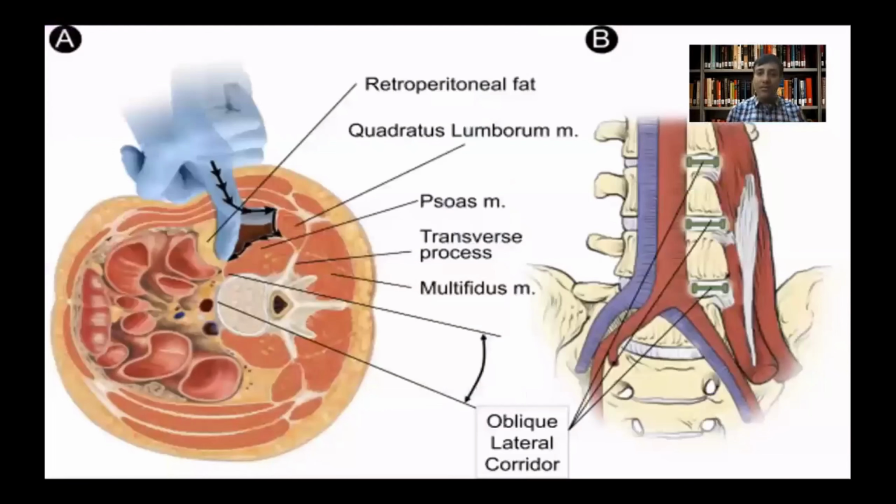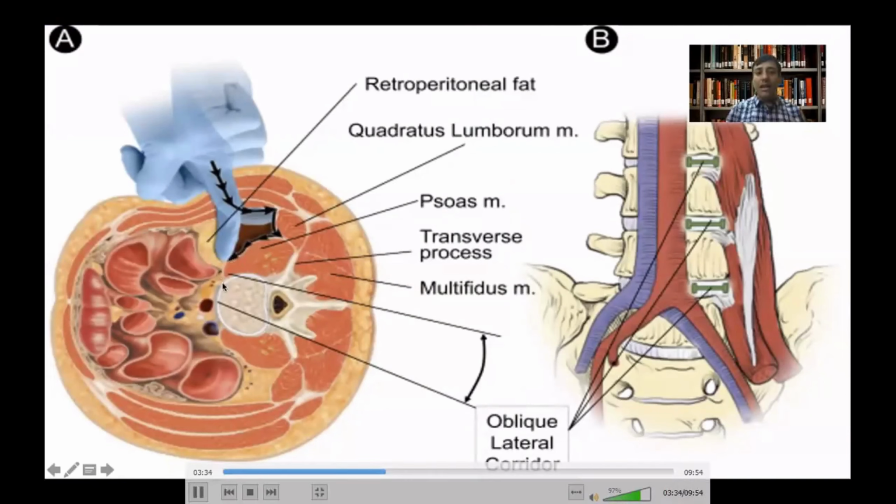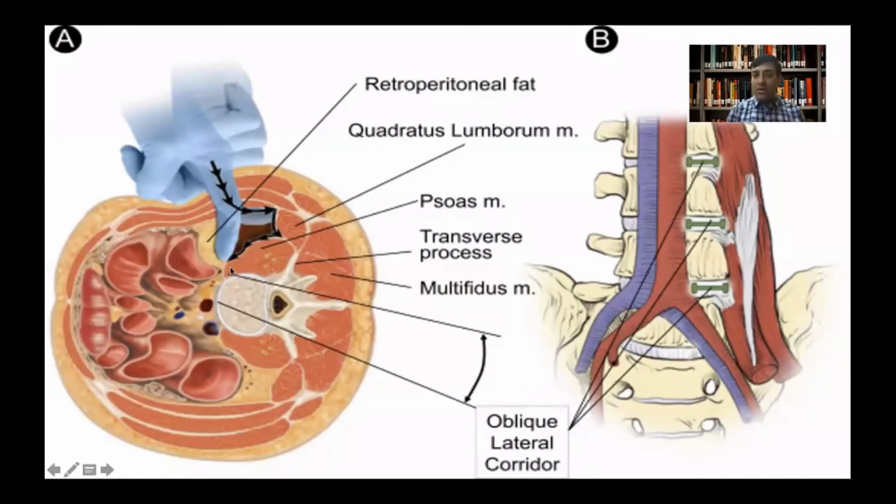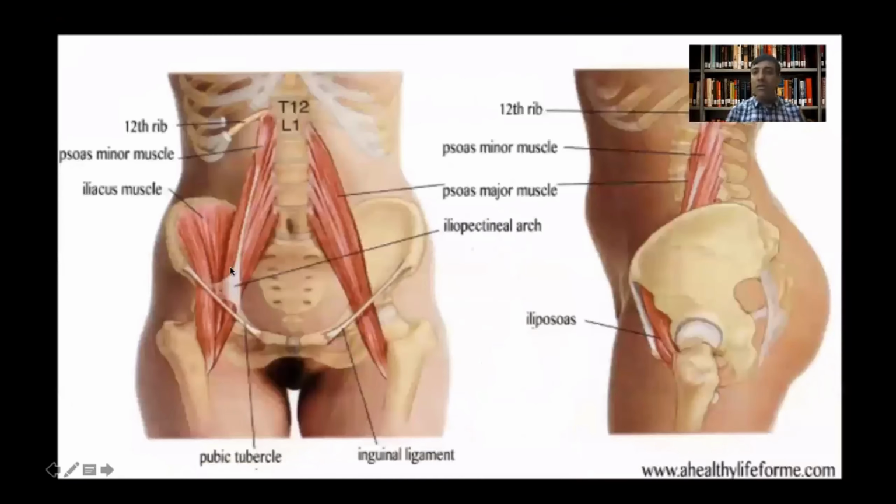Now, once you enter the abdominal cavity, firstly you try to hit the quadratus lumborum muscle, and then you slide your finger over the psoas muscle, and then you push the retroperitoneal contents anteriorly, so that you can develop a space between the aorta and the psoas muscle here. So coming to the psoas muscle, which is perhaps one of the most important landmarks for OLIF.